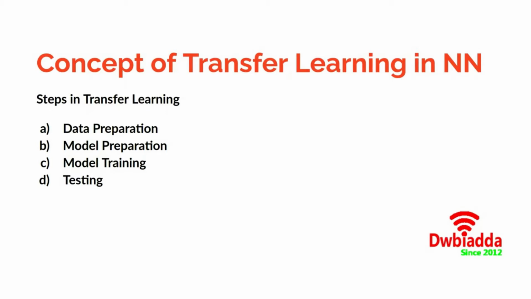because it can detect a variety of features. And you don't want to train your new model again, maybe because you have less data, or maybe your data is not in the same format that you are expecting, or for any other reasons, like maybe your computer is too weak to train a neural network. So you want to use the knowledge of the previous model and transfer it to your new model to enable the new model to make predictions, right? Your old model knows something, and you are using the knowledge of the old model and transferring it to the new model to enable it to make predictions. So this is what transfer learning actually is.